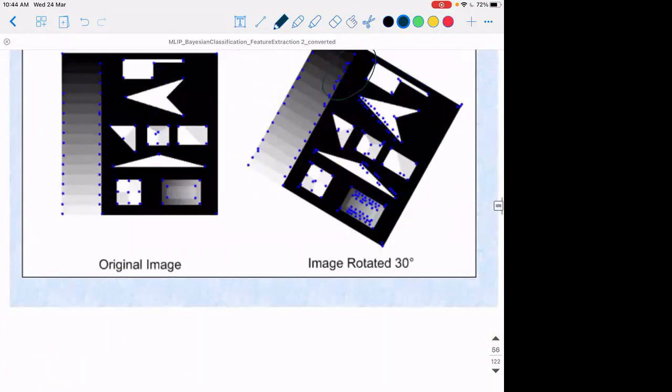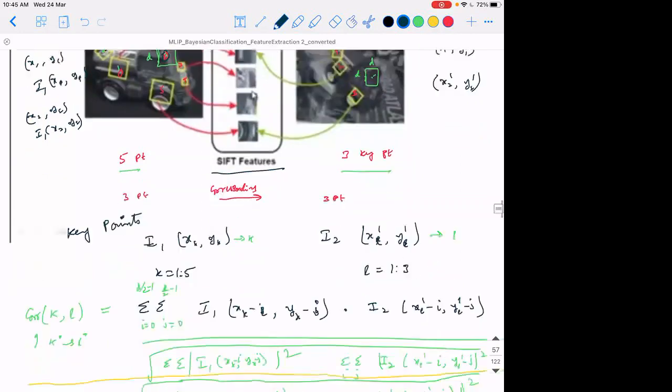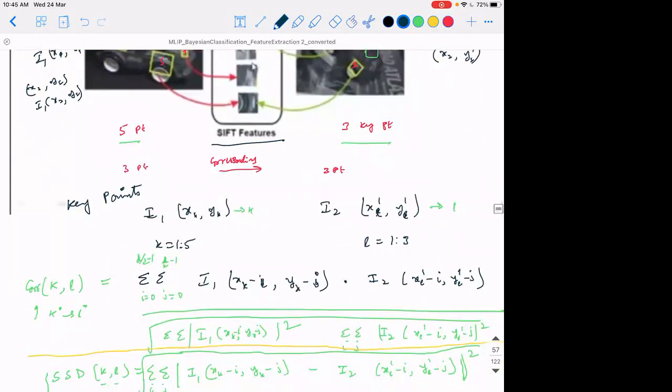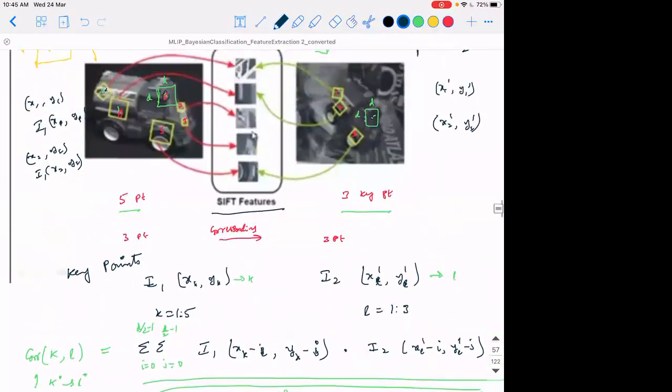Okay, that's here. And then around each key point we have a histogram of orientation gradients, and each is, for example, say an 18x1 vector. Then I will keep matching it across all other feature points in the other image, and whichever is the good match, I will consider it as the corresponding point. This match can be done through either correlation, or sum of squared differences or absolute differences, loss functions. But instead of directly taking the image intensity features, I will be taking the histogram of orientation gradient features in this example of key point matching and establishing correspondence only at the key points.